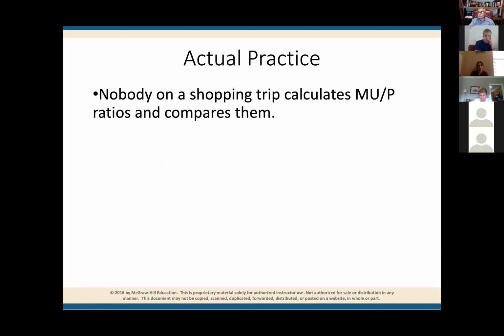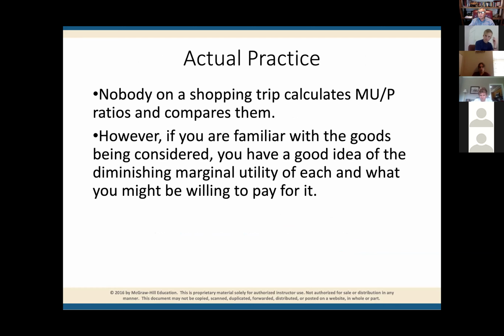I mean, we don't do these calculations, right? But we do take into consideration the satisfaction that we're going to expect. So then many marketers, many businesses, they try to promote their product to make you believe that you're going to get a bigger satisfaction. And if you expect to get a bigger satisfaction, then you're willing to pay a higher price. Think about the guy that buys an expensive, let's say an expensive supercar.